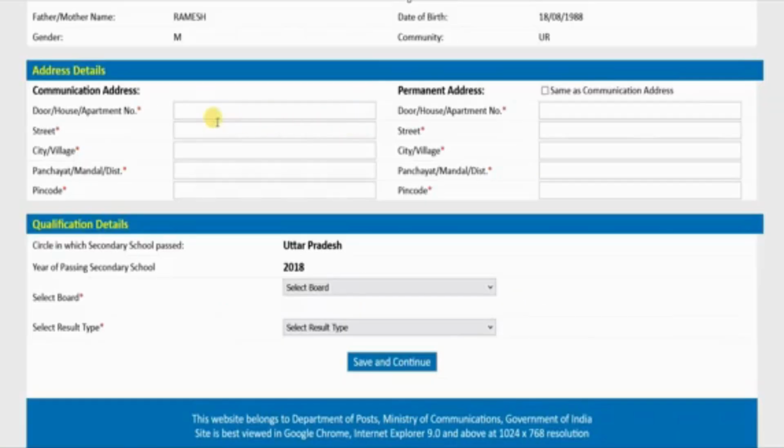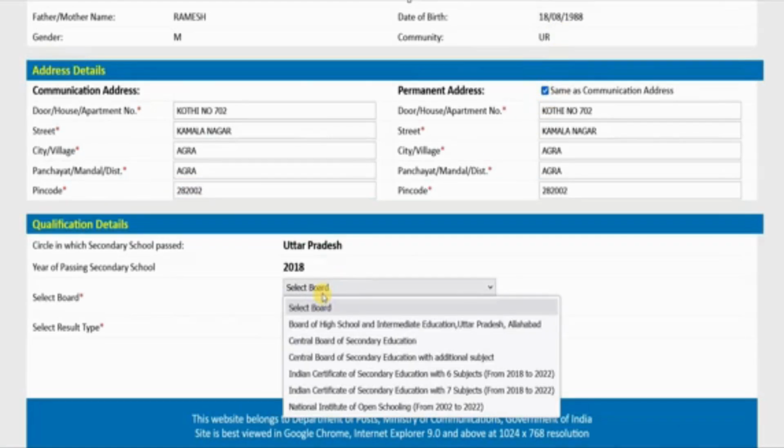As soon as we move forward, you have to enter your address here. Local address, permanent address. If you want to give both separately, then you can. If you want to give both the same, then you can also give the same. I have given the same address, I have entered the PIN code and here I have ticked both the addresses to be the same. Here it is asking which board your qualification is from, like mine is UP board,